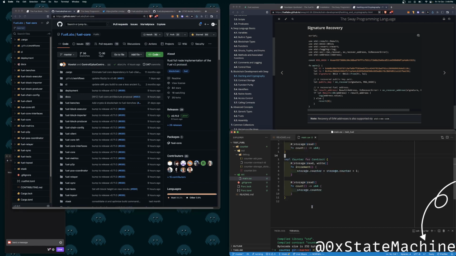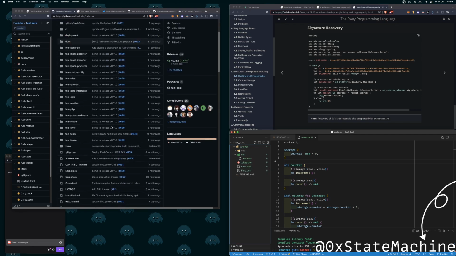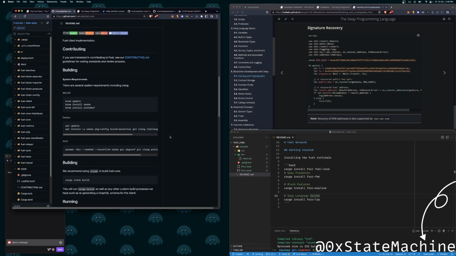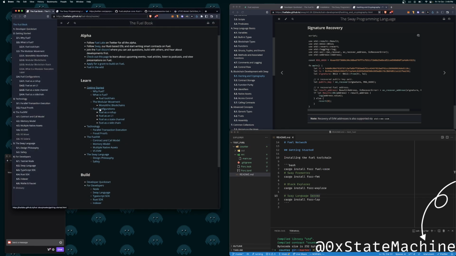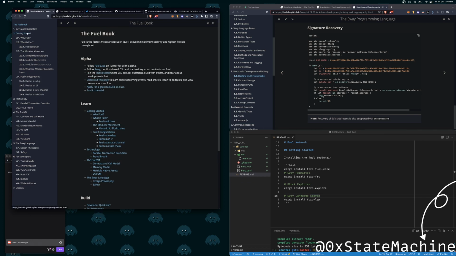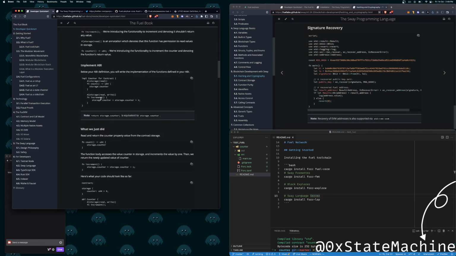I wrote a simple counter function. Let's see how we can write a test on top of it, and let's see what we can do with it. I was going through this developer quick start, which was, yeah.